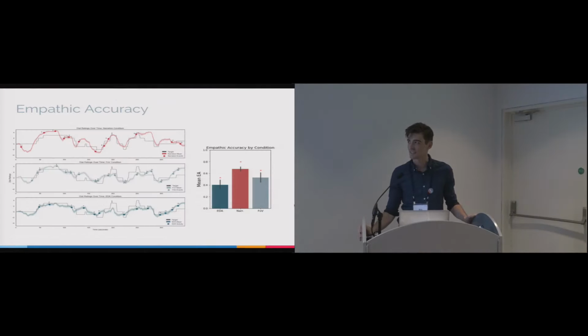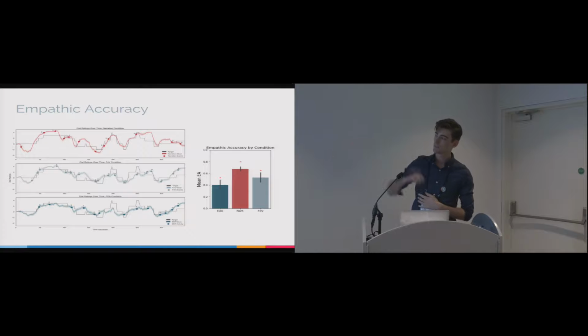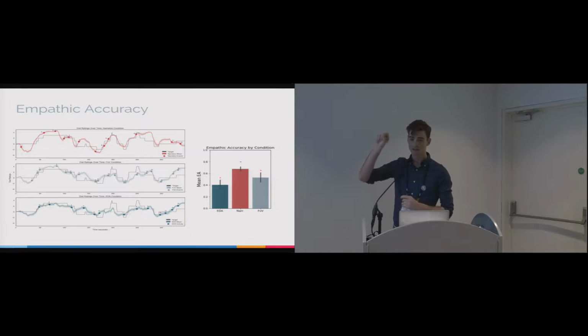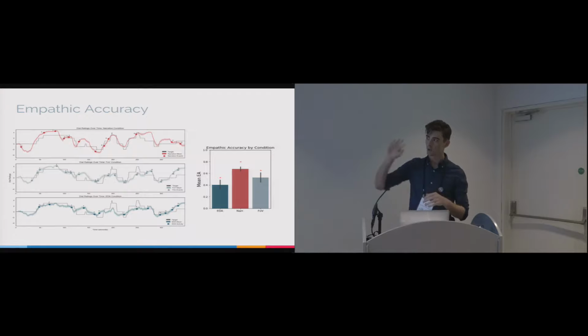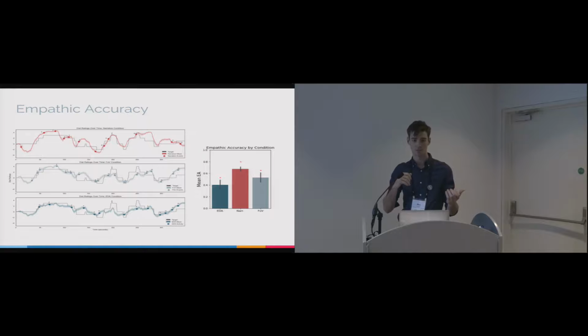So the panel on the left here are the average ratings of the observers in each condition. The middle condition here is the field of view one. In each of these panels, there's a jagged gray line in the back. Those are the target self-ratings of how they were feeling from negative to positive. And then overlaid on each of them is the mean rating of the observers in that condition. Something you can see here is that in general, the observers did pretty well, because they were watching the video. They could see the context in all the cases. So the empathic accuracy, which is the correlation between the target self-ratings and the observers' ratings, is pretty high overall.